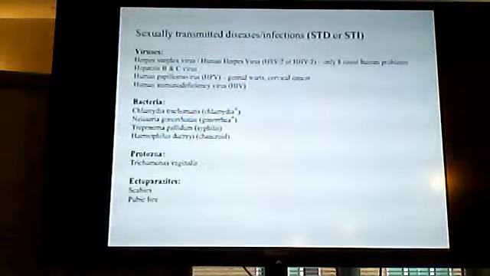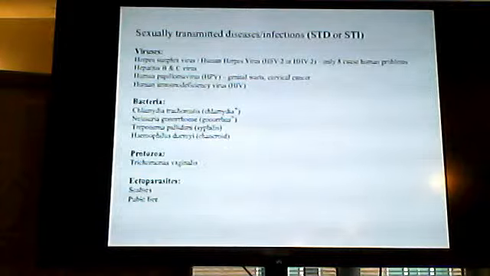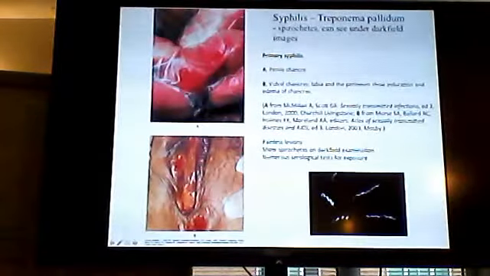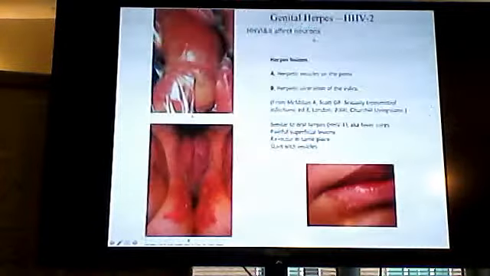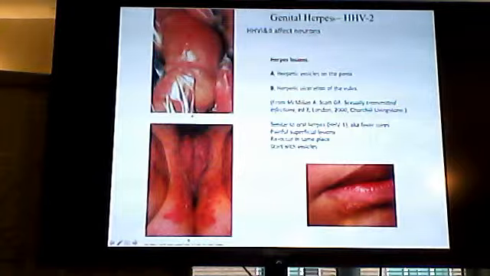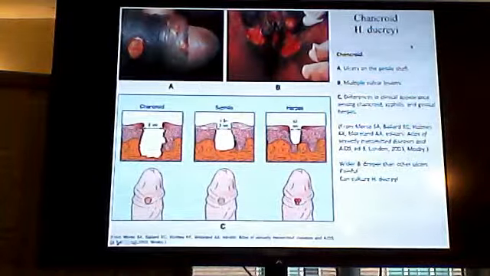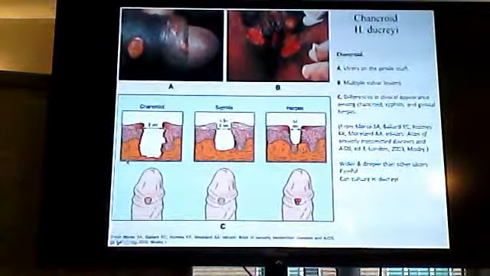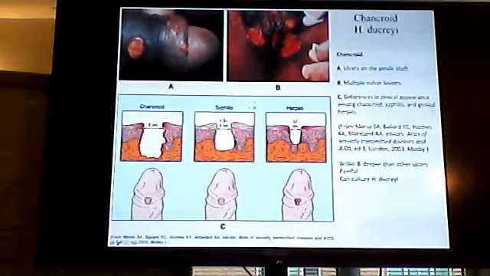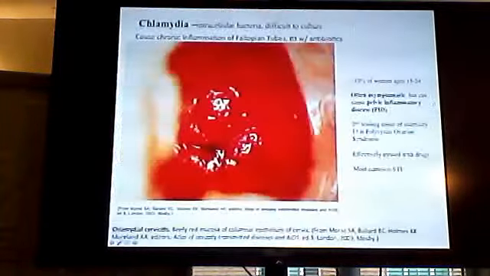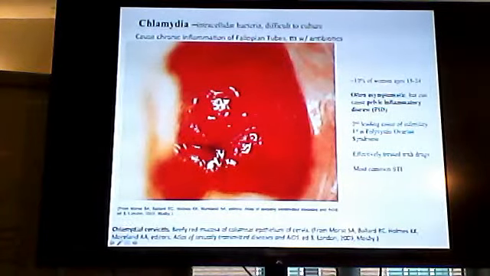And then you have different viruses, bacteria, protozoa, ectoparasites. So syphilis caused by Treponema pallidum, genital herpes caused by herpes, chancroid is caused by Haemophilus ducreyi, and they get progressively worse. So chancroid is worse than syphilis, which is worse than herpes. And then chlamydia, obviously caused by chlamydia, can also cause pelvic inflammatory disease, and it's the second leading cause of